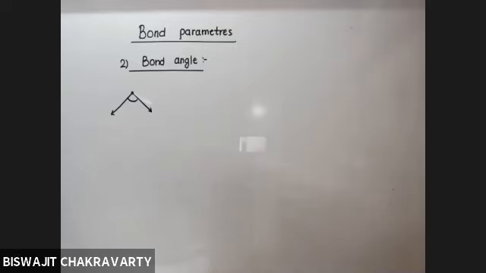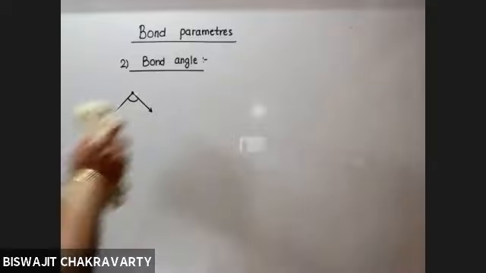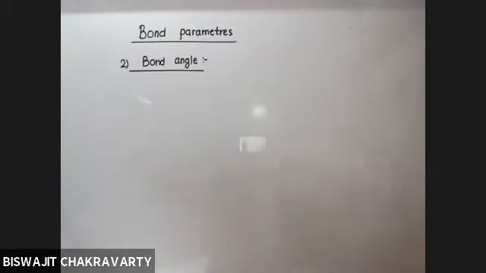Remember always that it is the bonding electron pairs that are responsible in calculation of bond angle. Lone pairs do not determine the bond angle, though lone pairs are responsible to assign how much of bond angle will be formed. But while measuring the bond angle, we are not taking the help of the lone pairs. We take the help of bond pairs only. So let us try to understand what exactly is the definition of bond angle.